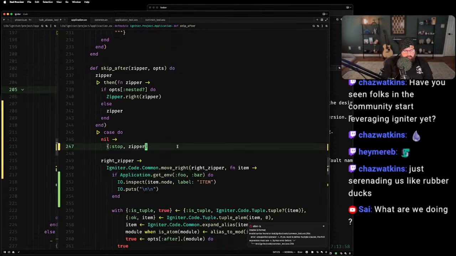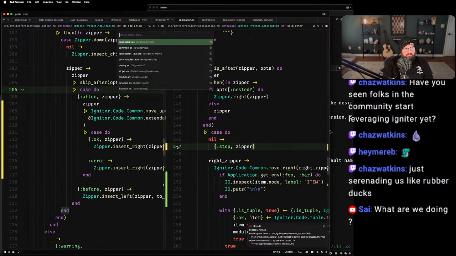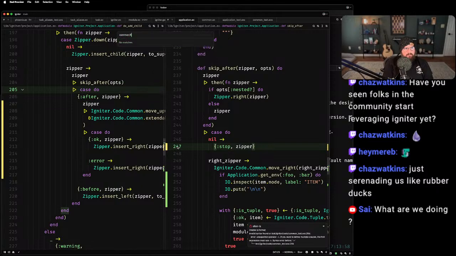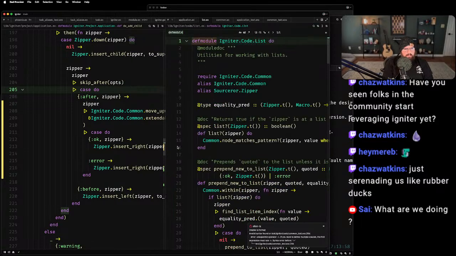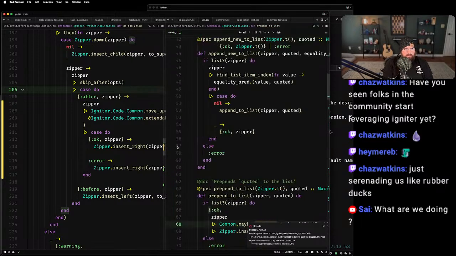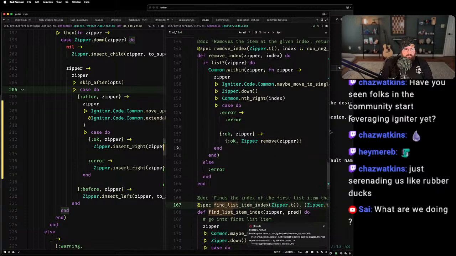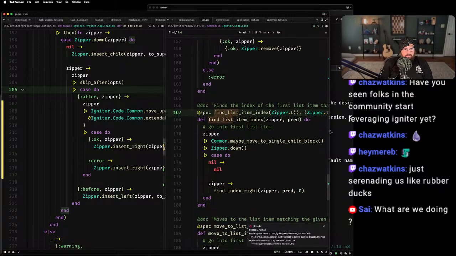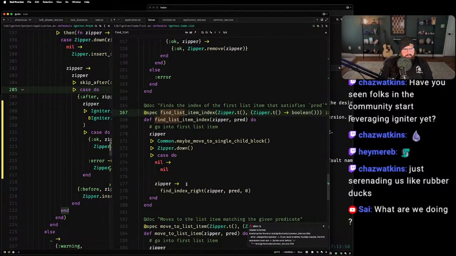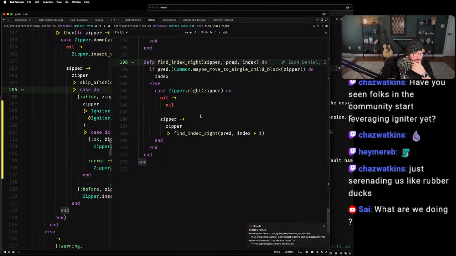So when I do, this is interesting. If I go to common/list, no, just list, and I say move to or find list item index, do find index right. We just say zipper.right. So this is doing the right thing.